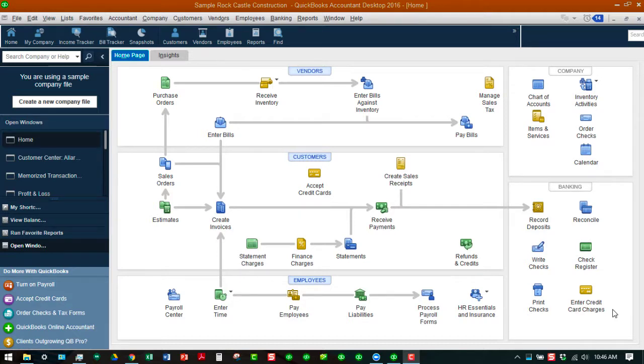Well, okay, we are in our sample Rock Castle Construction file where we're going to create an estimate. Actually, we're going to create a few estimates in several different ways. As you can see, we're in our file and our home page is displayed. Our standard workflow for customers shows that estimates can be the first step in this practice